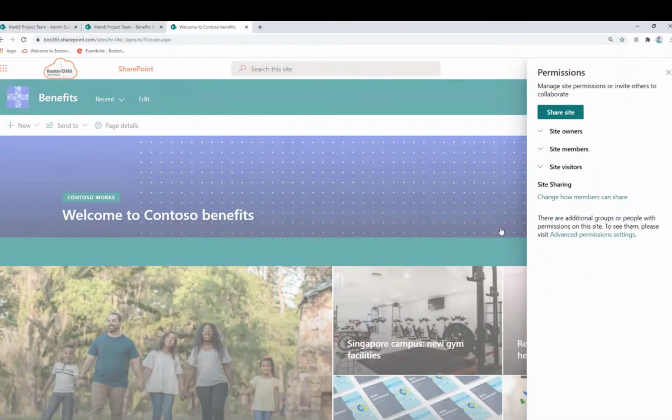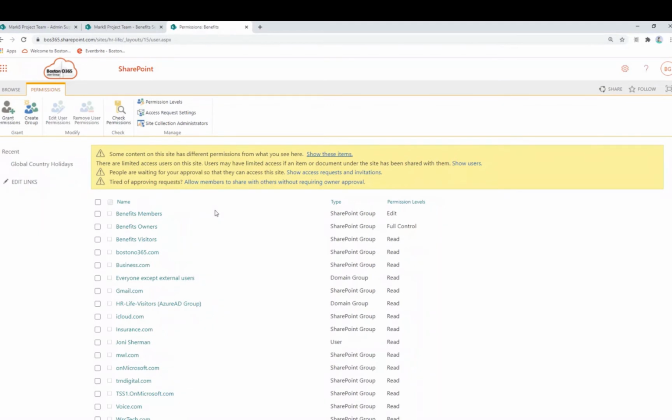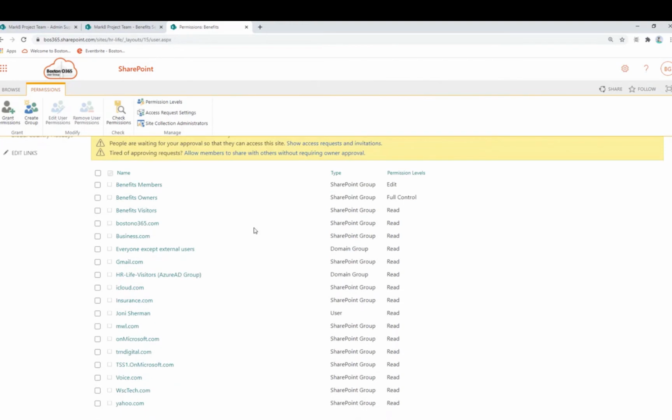Advanced permissions. And the other thing, we have sites, like I said, with like 800 users. We have some sites with 800, 500, 800, and the site owners felt it was a lot of work to look through one group at all their users. So we started creating SharePoint security groups based on the user's domain name. So if the user was at boston.com or Turn Digital, we would make a group and just make the group name their domain name, and then just put all the users in there, just to make it a little easier to organize the users.